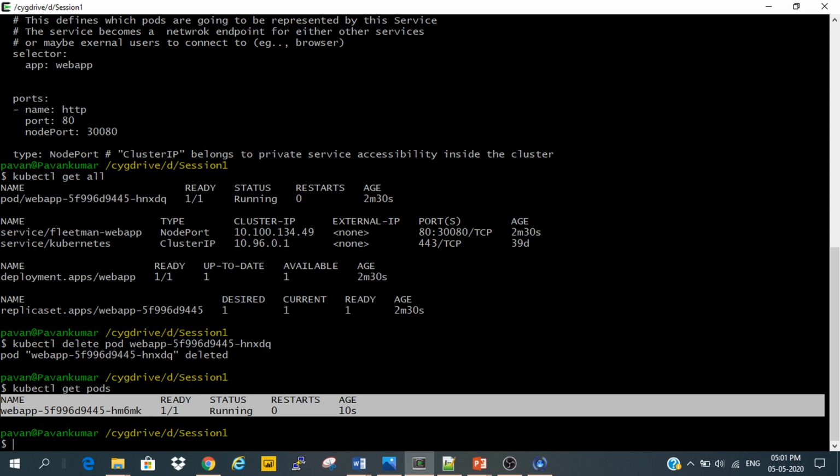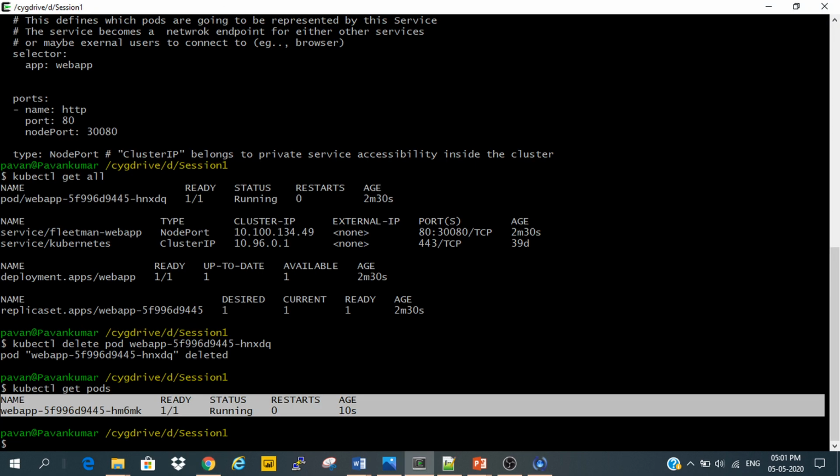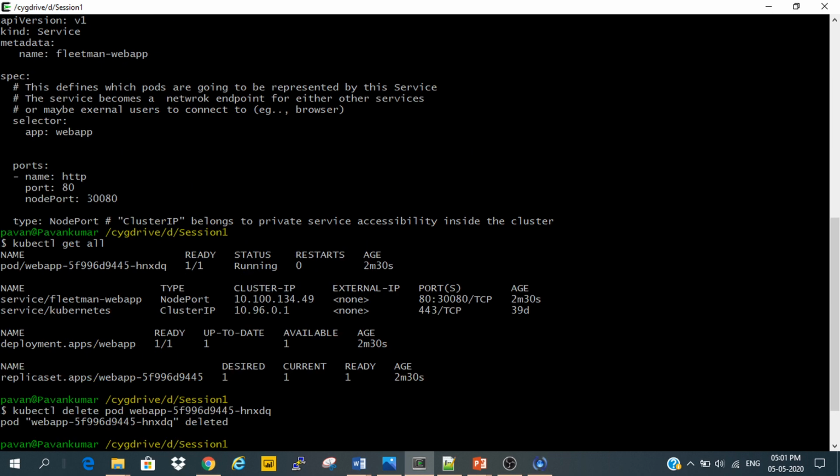So now this application is running, right? Let us access this application through the browser. Now we should access it with respect to the port we have written, 30080.